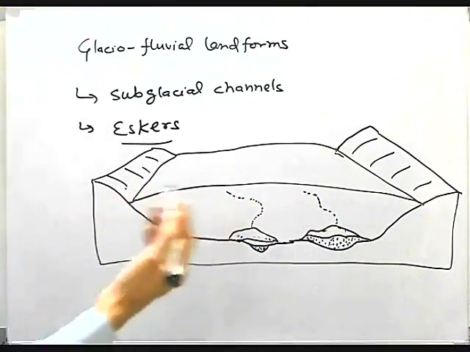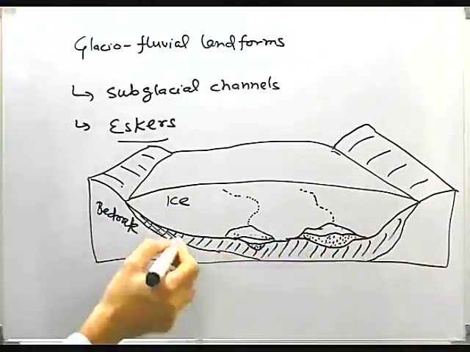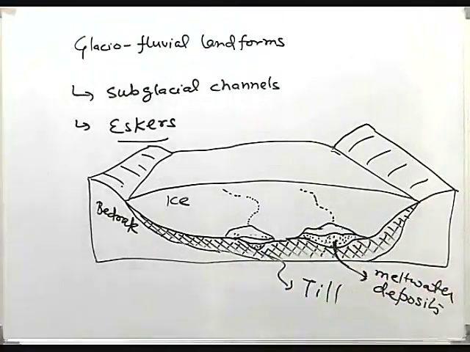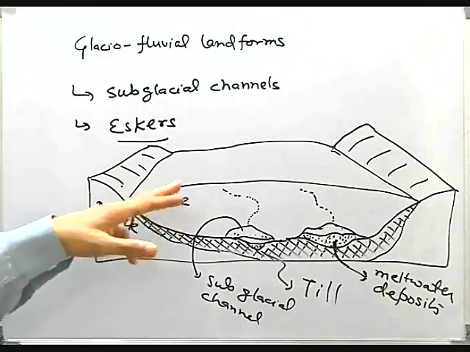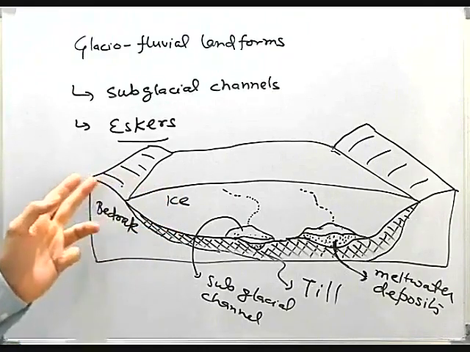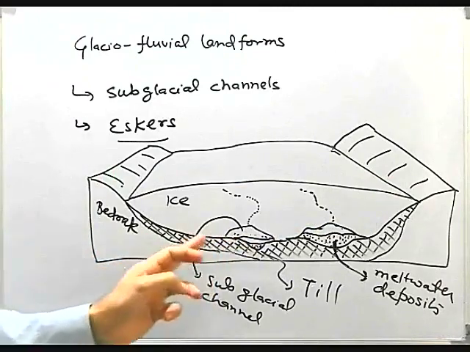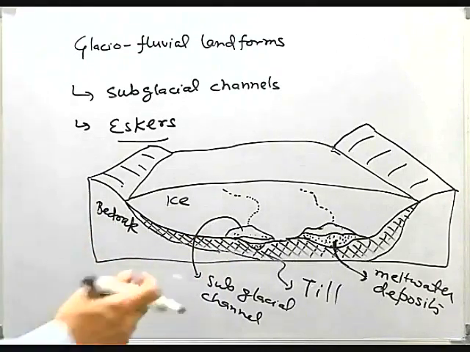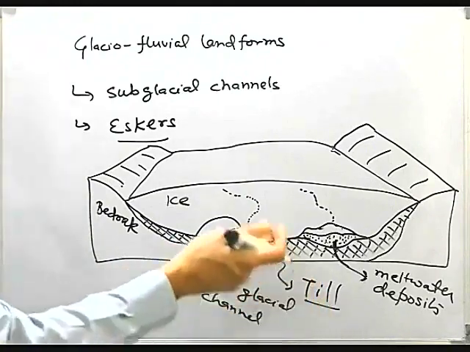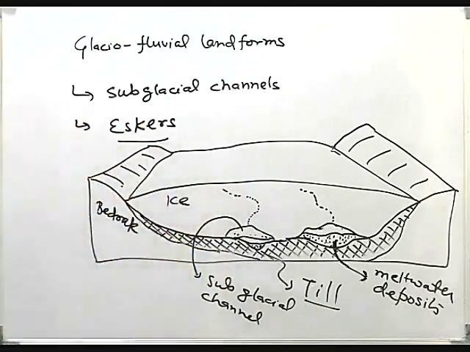So this is the situation during glaciation. So this is ice, bedrock. Now this is the situation at the time when the ice is covering the landscape. So you can see these are the valley walls and this is the bedrock. Over the bedrock we have the till, glacial till, that is the angular, unsorted material deposited by the glaciers. You can see that this is also ground moraine, and above this ground moraine we have the ice,